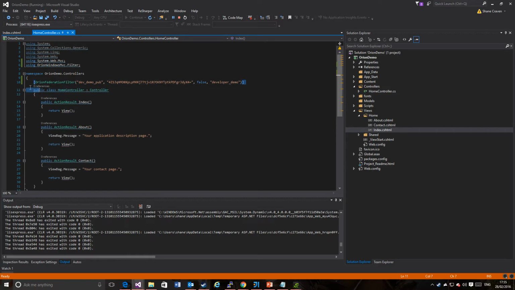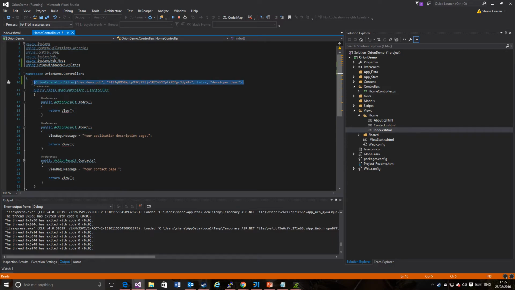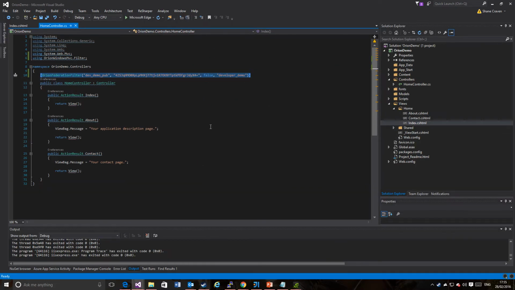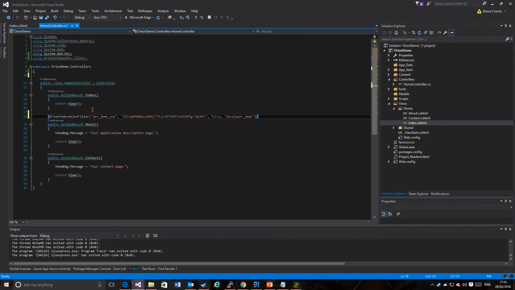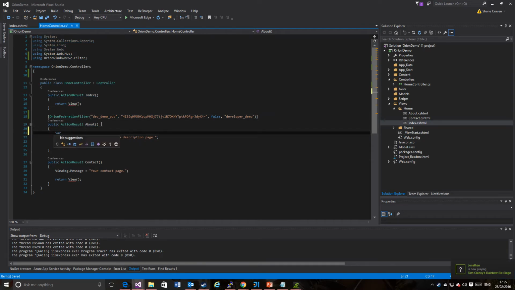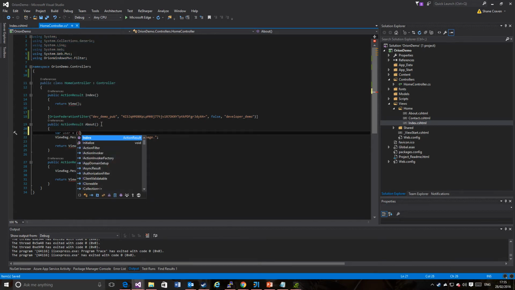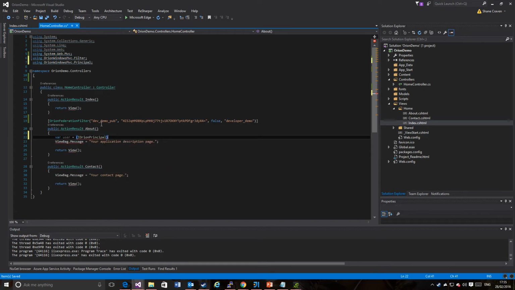So let's take it a step further. Let's apply it not at the controller level. Sorry. Let's apply it at the action level, just for the about action. And in the about action, we're going to say var user equals IOrionPrincipal user. And we're going to print out your